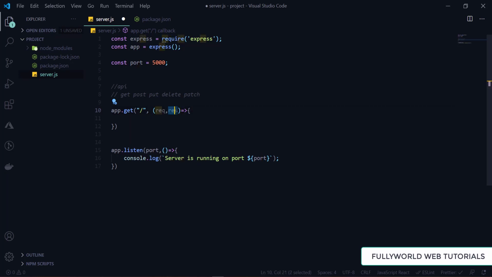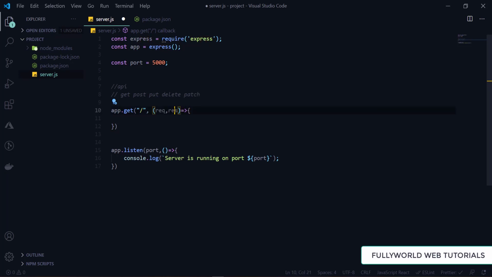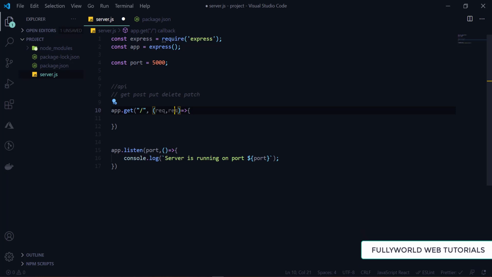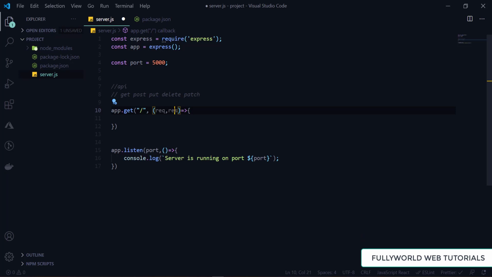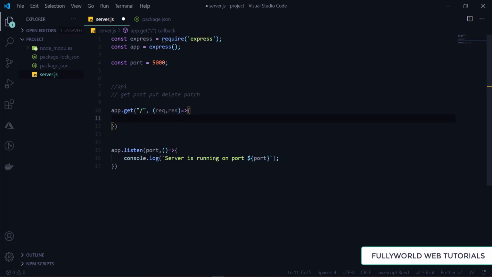And then we are getting some response, like we created our YouTube API. When we send the request to YouTube to search something, it will send us some data, that means it sent us some response. So the res variable will handle that response, what response we want to send to the user.